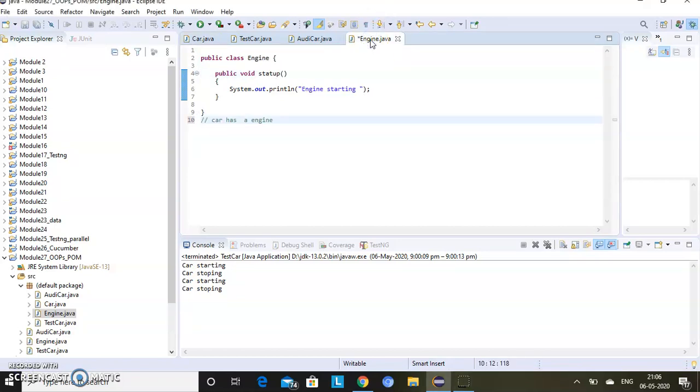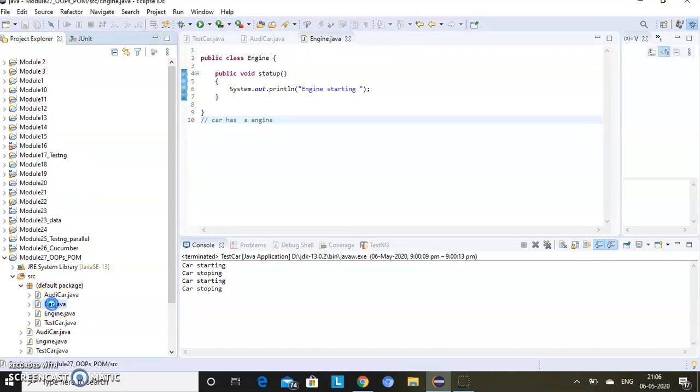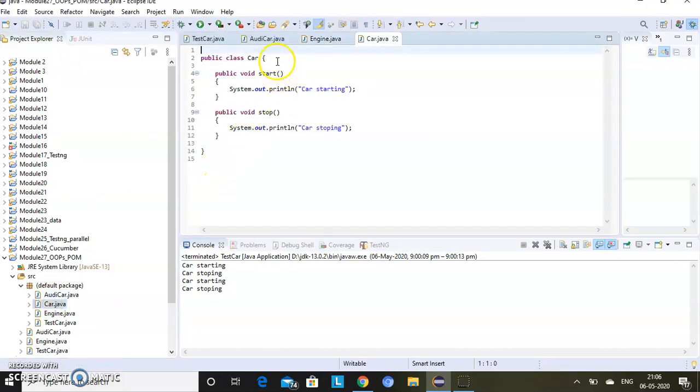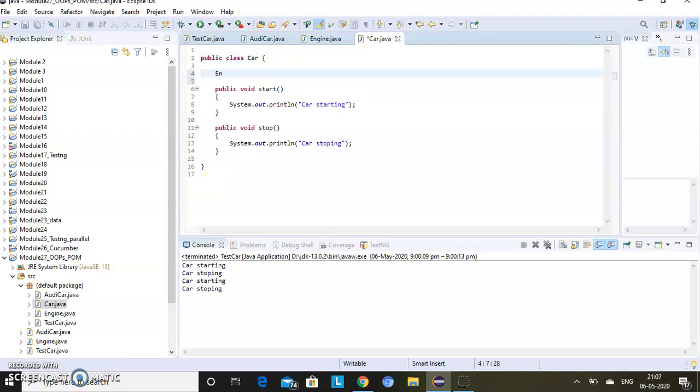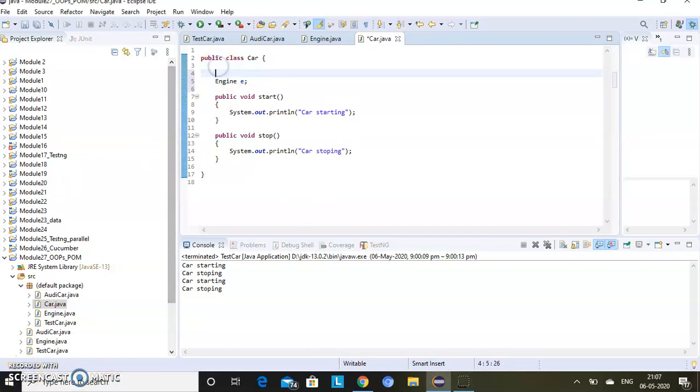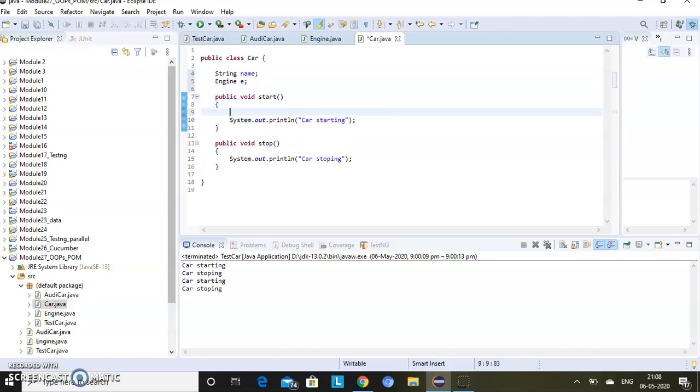So in Car class we can have a reference of Engine, that is Engine e. I can create e is equal to new Engine.